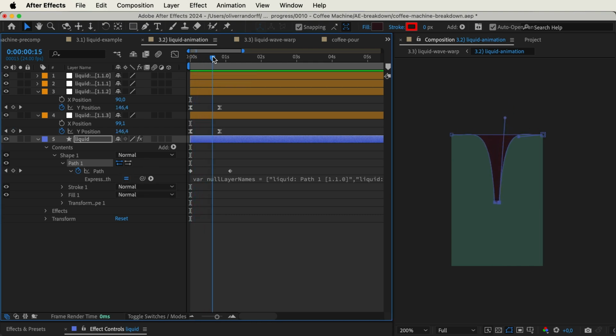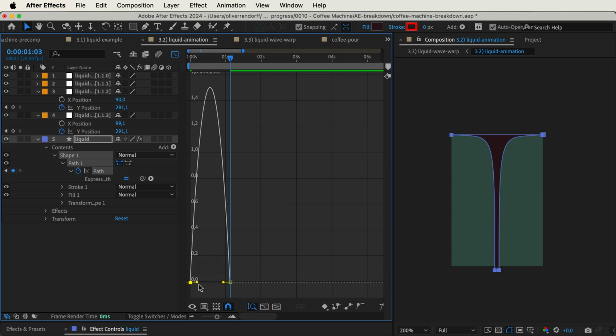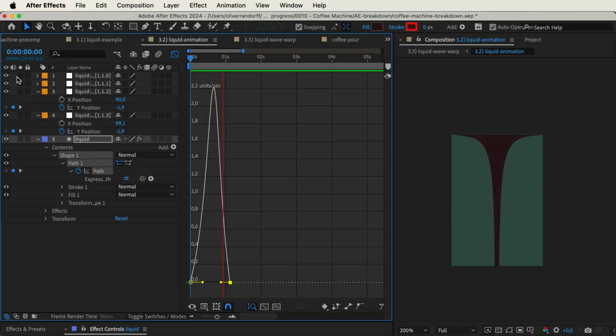Now, instead of it just falling, you can see that we have this path actually moving at the same time. At this moment, it looks a bit weird because the easing is not right. But if we take these 2 keyframes, press F9 to easy ease, and then we just want it to happen a bit later, and we'll have to play around with the easing for this and the timing a bit to get it perfect. But then when we play it, you can see that the effect we're looking for is it almost sticking and then moving up here towards the end.